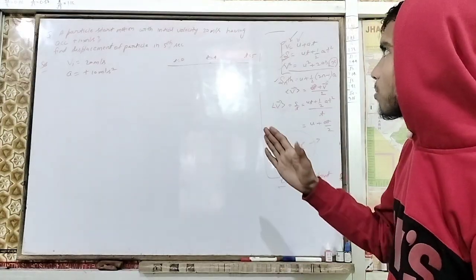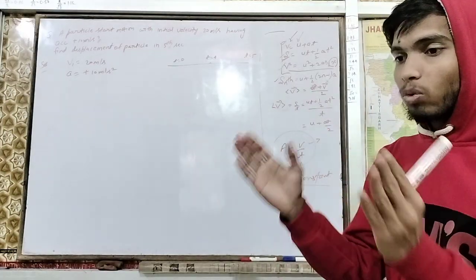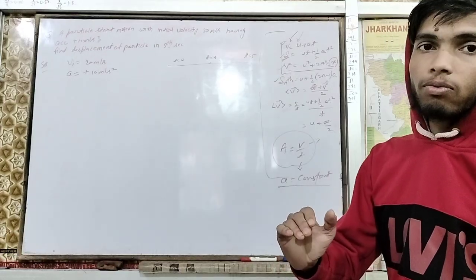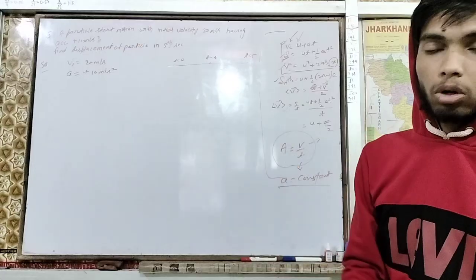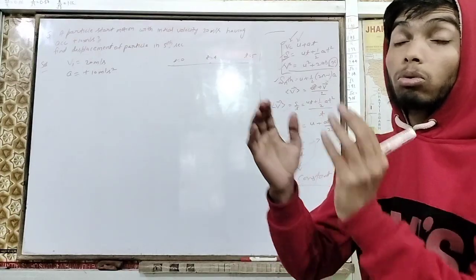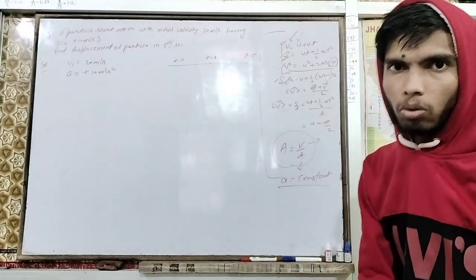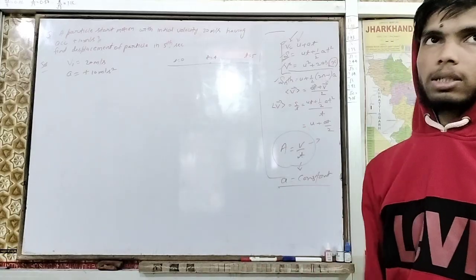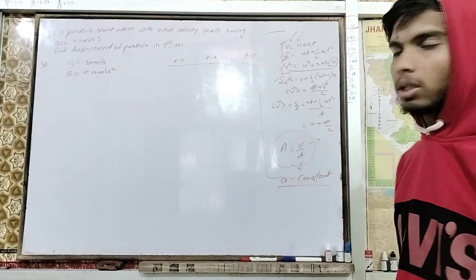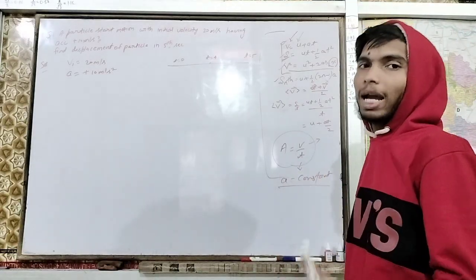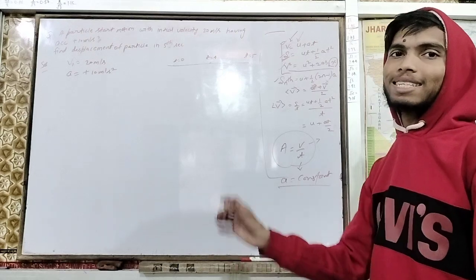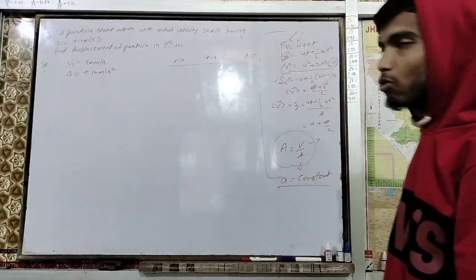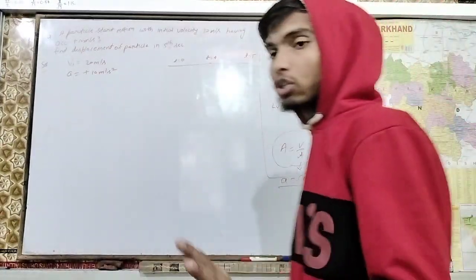The question is asking: find the displacement of the particle in the fifth second. It means in 1 second, which is from 4 to 5th. From 4 to 5th, not from 1 to 2, not from 2 to 3. No, from 4 to 5th. This is 1 second, and we have to calculate the displacement in this 1 second. So find the displacement of the particle in the 5th second, where initial velocity is given,